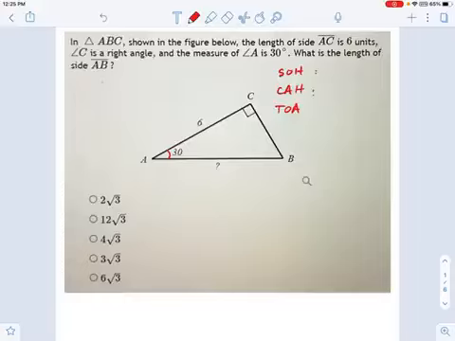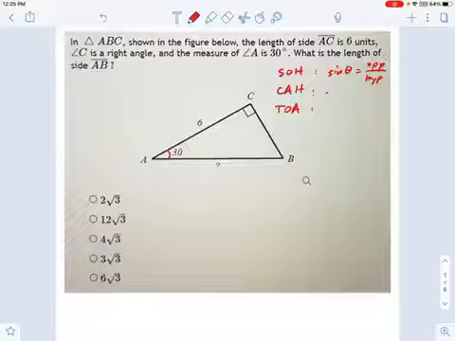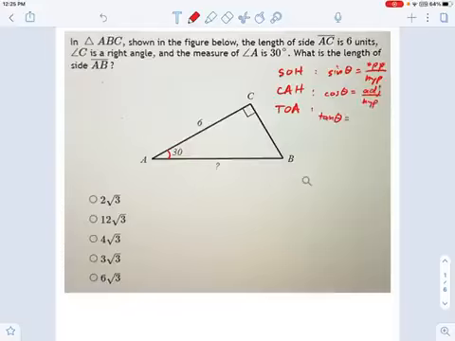This means the sine of an angle, theta, is equal to the opposite over the hypotenuse. That's where the SOH comes from. The cosine of an angle, theta, is equal to the adjacent over the hypotenuse. And the tangent of an angle, theta, equals the opposite over the adjacent. So look over those three trig ratios. Which one seems appropriate for this problem?